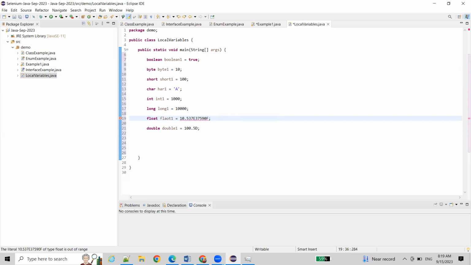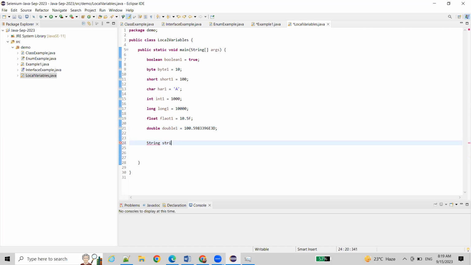But double can accept any type of exponent value also. So we have different types of exponent values, and after exponent we have some conditions, mathematics also. So most of the time if you have a huge exponent value, in that case you have to go with the double. Okay, so next we have